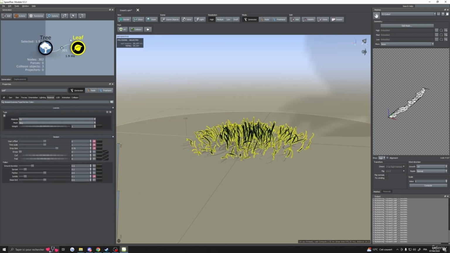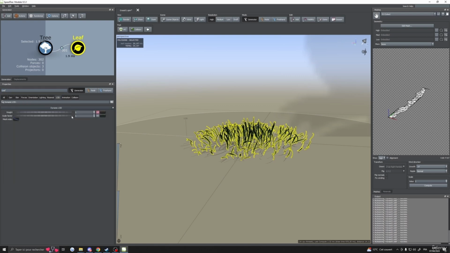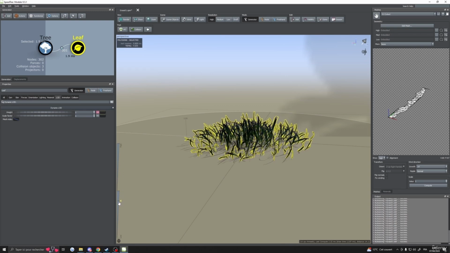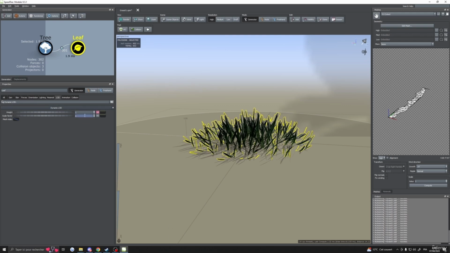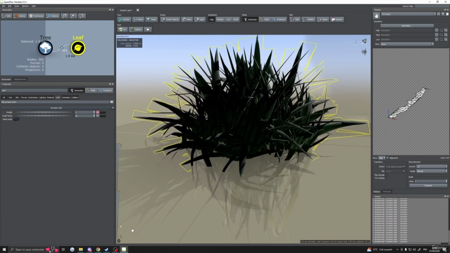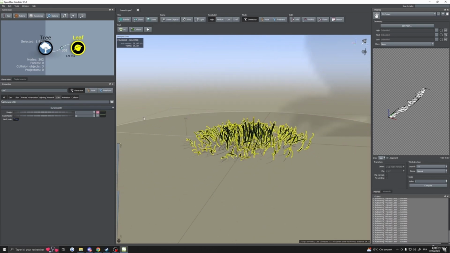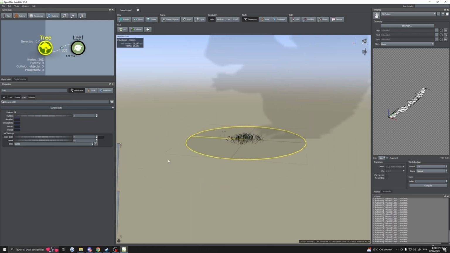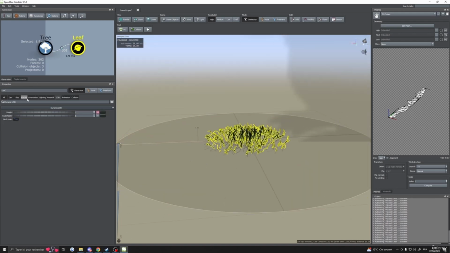Okay, so now I'm going to click on leaf. I'm going to jump in LOD. One setting that we have is the scale factor. As you can see there, if I increase LOD, I also increase the scale of the leaf. So let's say I put a value of 10, as you can see, the further I go on the LOD, the more scale I have on my leaf. So maybe it's up to you. Maybe you want to increase the size of it, but in this case,